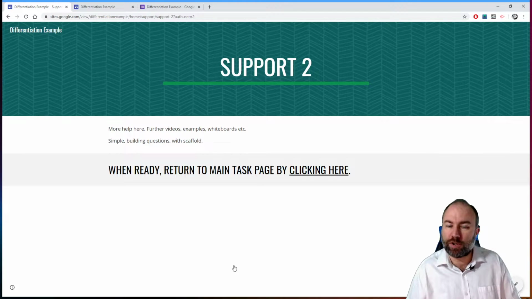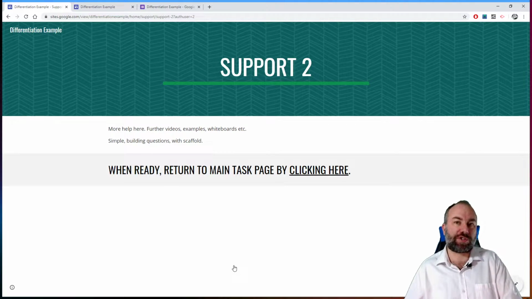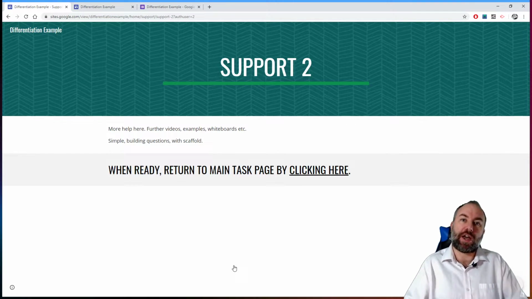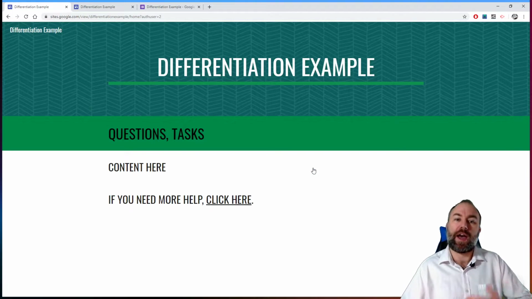So what would you do normally in a classroom situation with them? What other support would you give them? At this point, perhaps it might be that you give them access to a Google Docs document, which is a template with sentence starters or some other additional resource that they can then use in order to access the main task. It could be a sheet that they can print off or access that has the keywords with definitions or some other scaffolding material. And then when they're ready for that, they can click there and go back to the